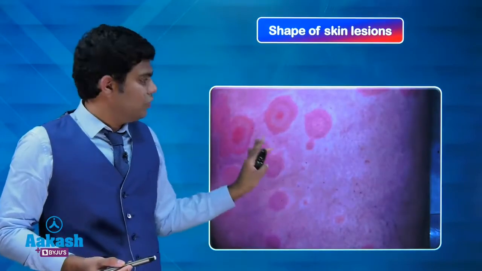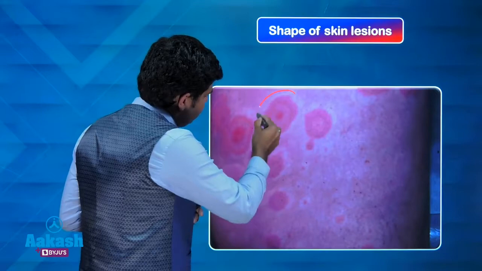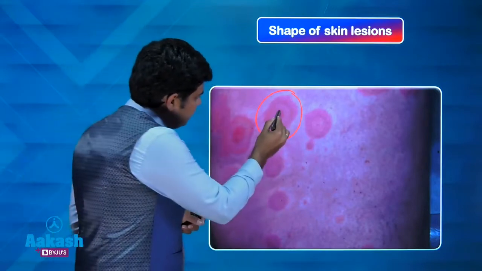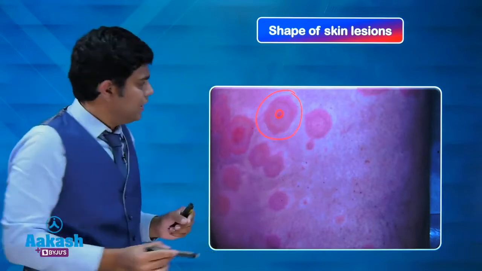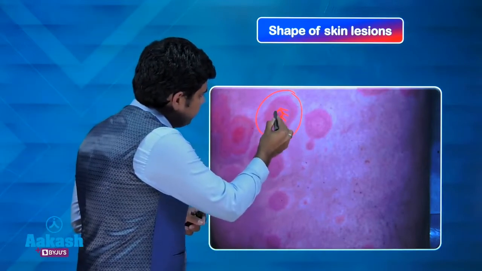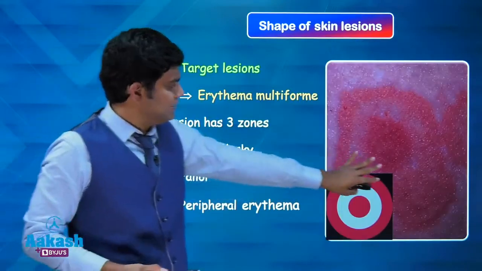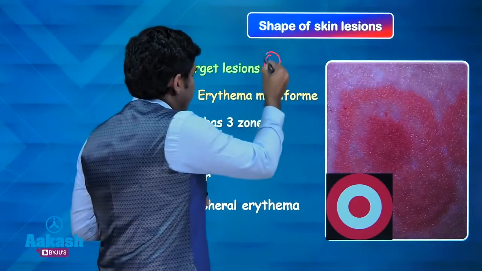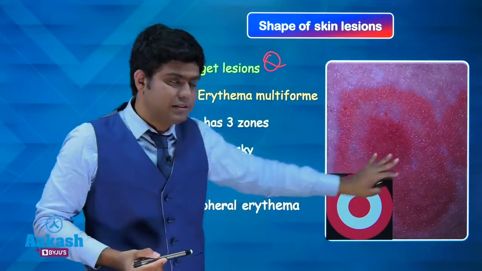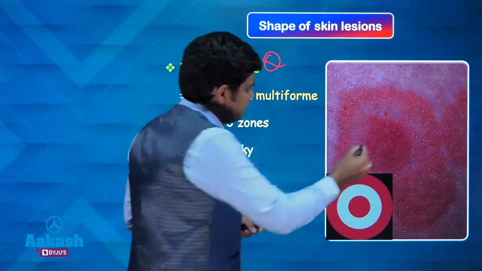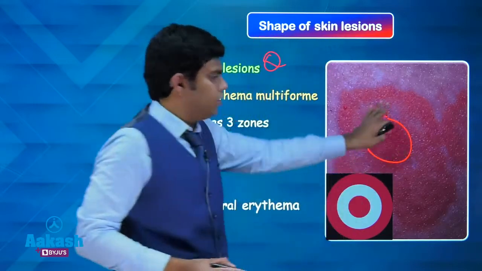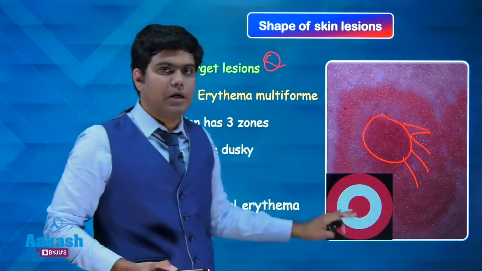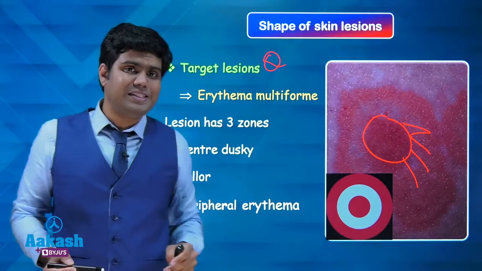What about this? Can you identify this lesion? We have got three zones here. Number one is the peripheral red border. The center is a dusky red zone, and in between there is pallor. Let us zoom it. This lesion is known as a target lesion. So this was option A, target lesion. Target lesion looks like this. There is no central clearing here. There is a central dusky zone surrounded by a zone of pallor, and we have got peripheral erythema, three zones.